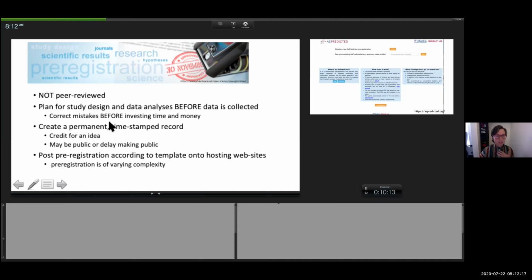So pre-registration, we're going to talk about the not peer-reviewed pre-registration. You're publishing on a website, in a paper, how you're going to do your study and your data analysis before data is collected. And one of the advantages is it allows you to correct mistakes before investing any time and money. And you create a permanent time-stamped record